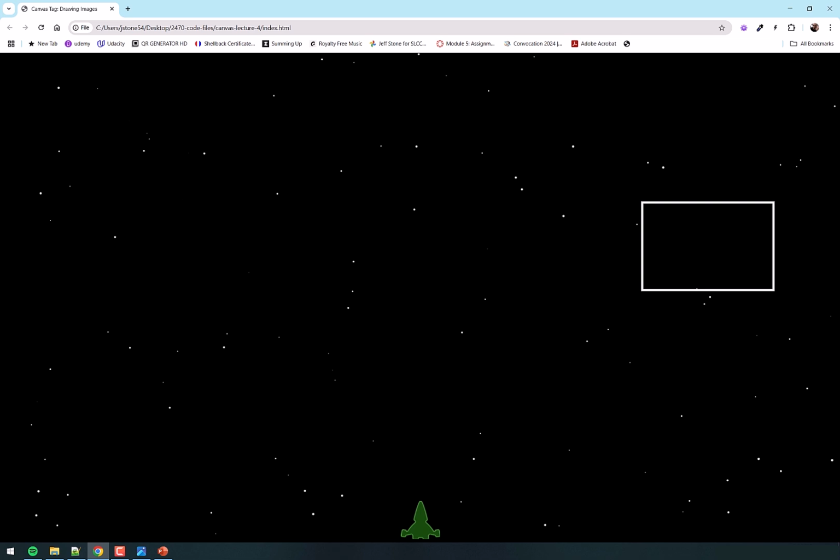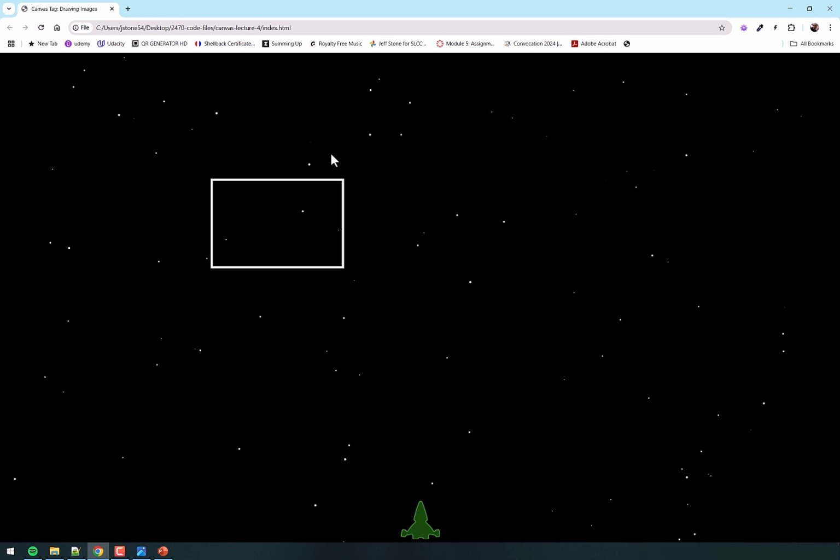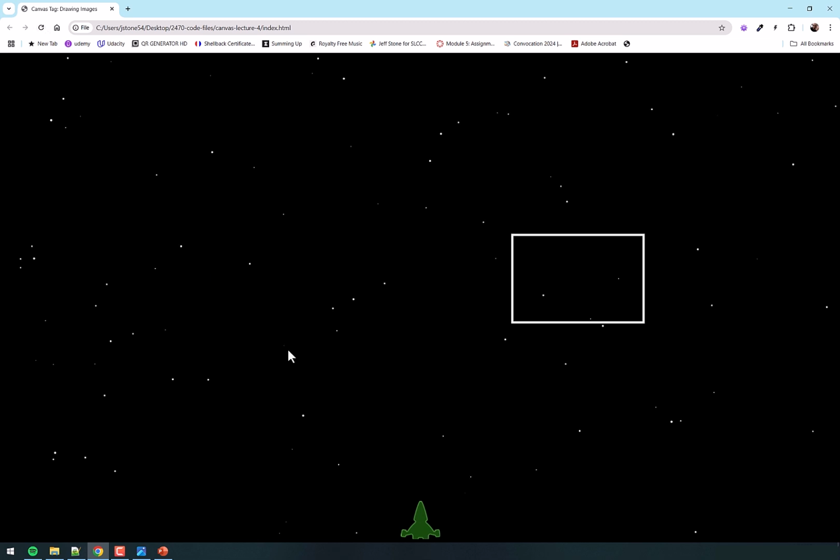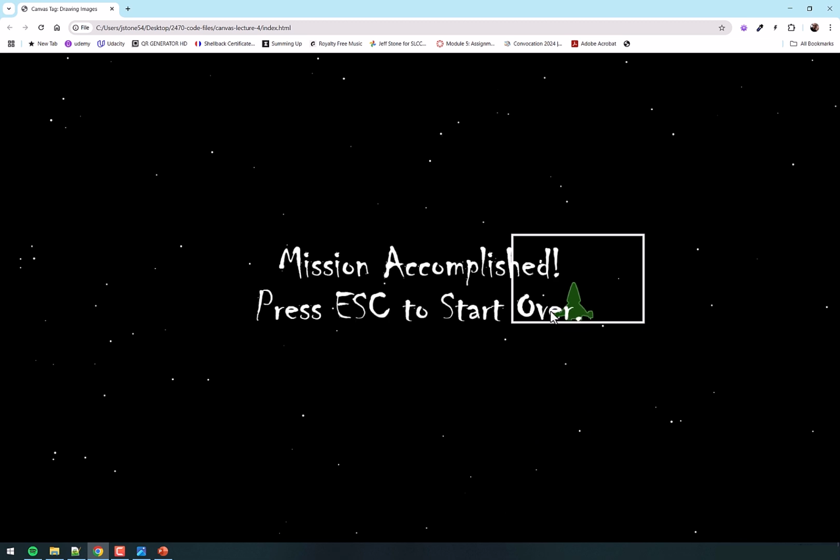It's a lot more. What I've done is combine a bunch of stuff from all of the previous three lectures into one to make this fun little thing. What it does is, every time you refresh the page, that rectangle moves somewhere else, and also new stars are generated. Those little dots are stars, and this ship's in outer space. Your job is to move the ship in there. You just do it with the arrow keys, moving left to right, up and down. Once you cross the barrier, mission accomplished, press escape to start over.